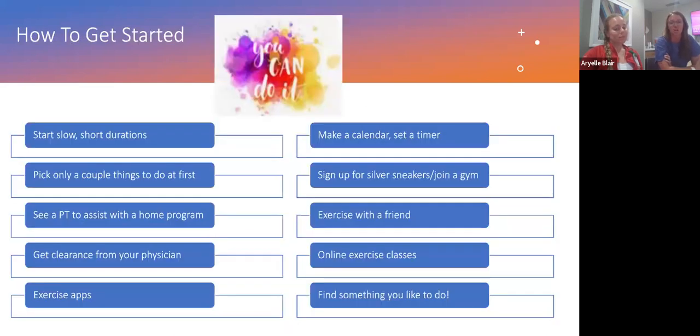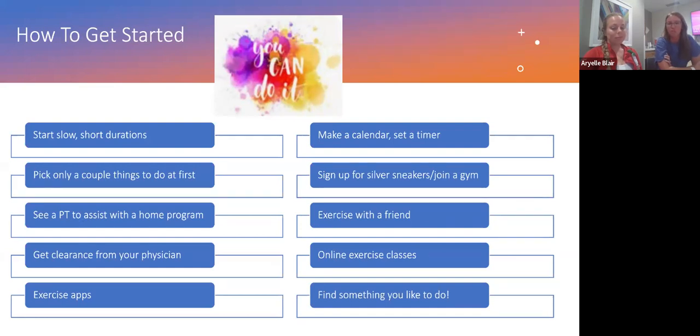Okay, so how to get started in an exercise program. Start slow, do short durations because you don't know exactly how your body is going to respond, and then you can move up from there. Pick only a couple things to do at first. If we give you a home exercise program, do not do that whole list the first time. See a PT to assist with the home program and get clearance from your physician, especially if you are going